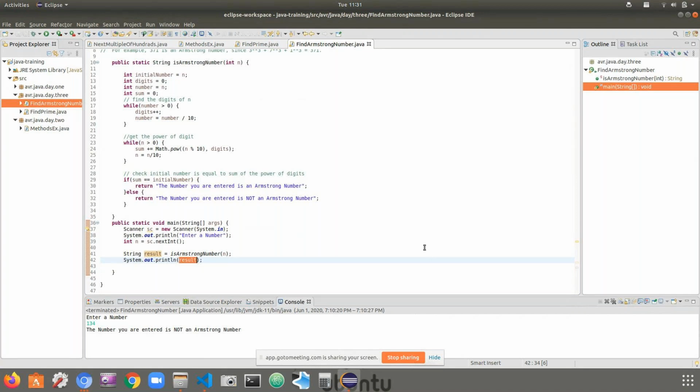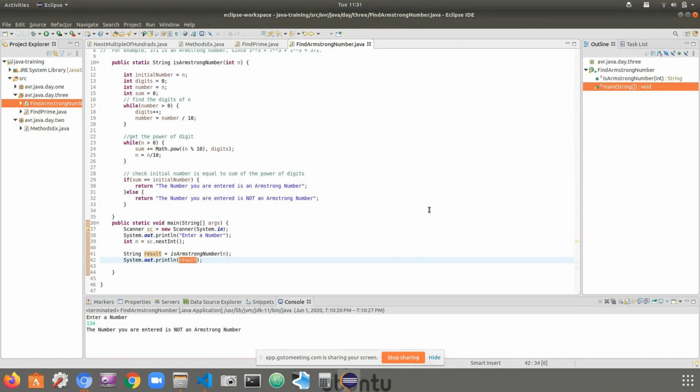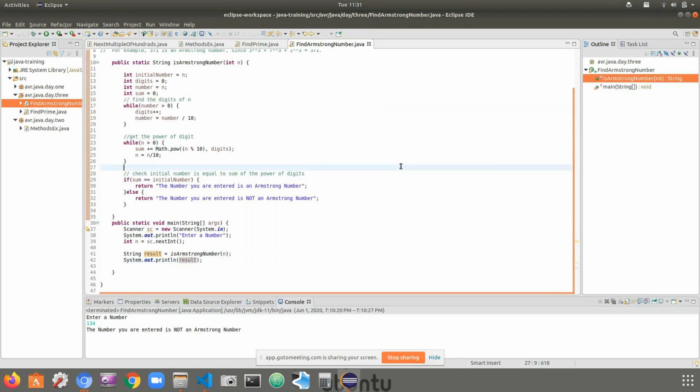In your Armstrong number method, you counted the number of digits, which is a separate logic, and you also did the math power calculation, which is another separate logic. Got the point? Two or three operations are included, which should not be done. You should put the digit count in a separate method and call that method from here. That should happen.